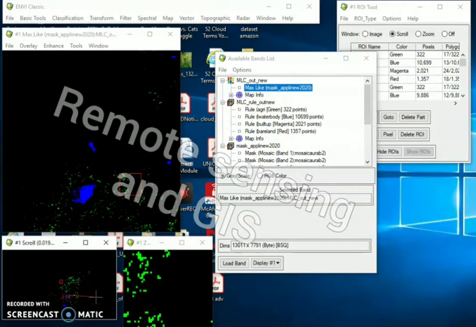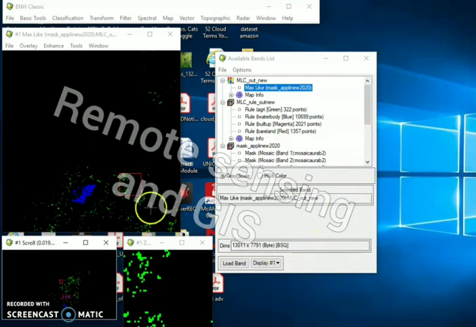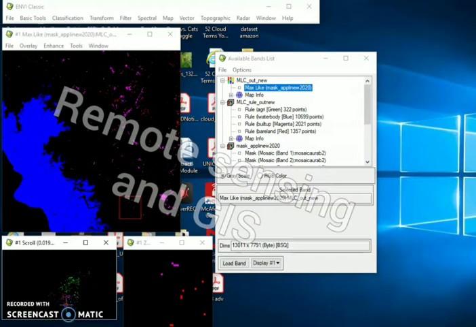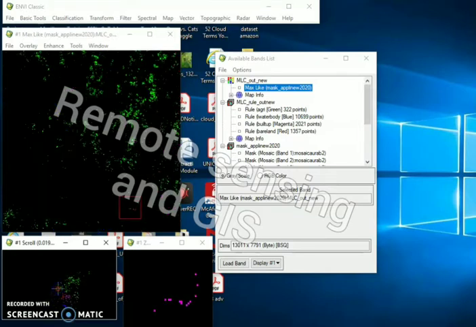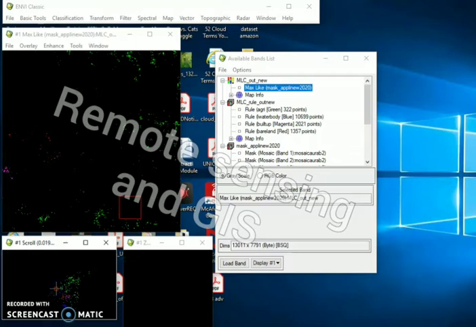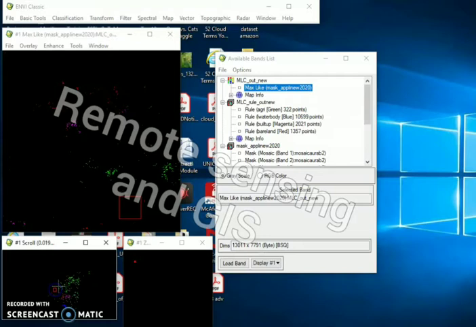So corresponding to the water bodies, agriculture land, vegetation, all get differentiated. So you can clearly view when you scroll through the output of the MLC. This is the water body, blue region. You can clearly view the built up area, the vegetation.